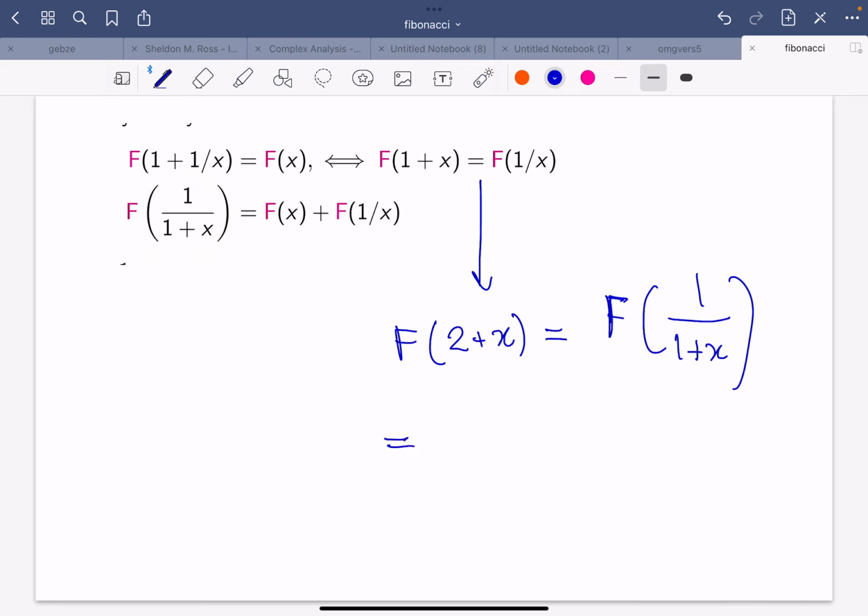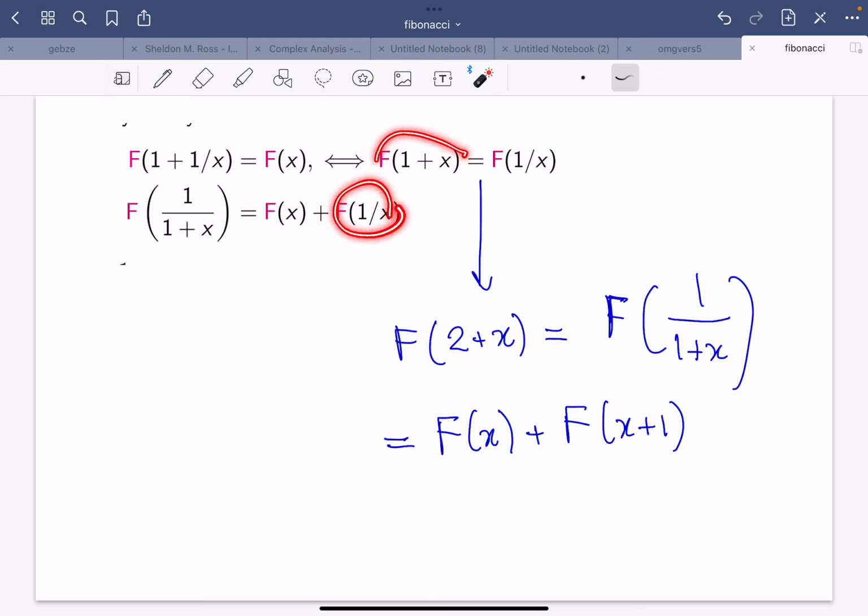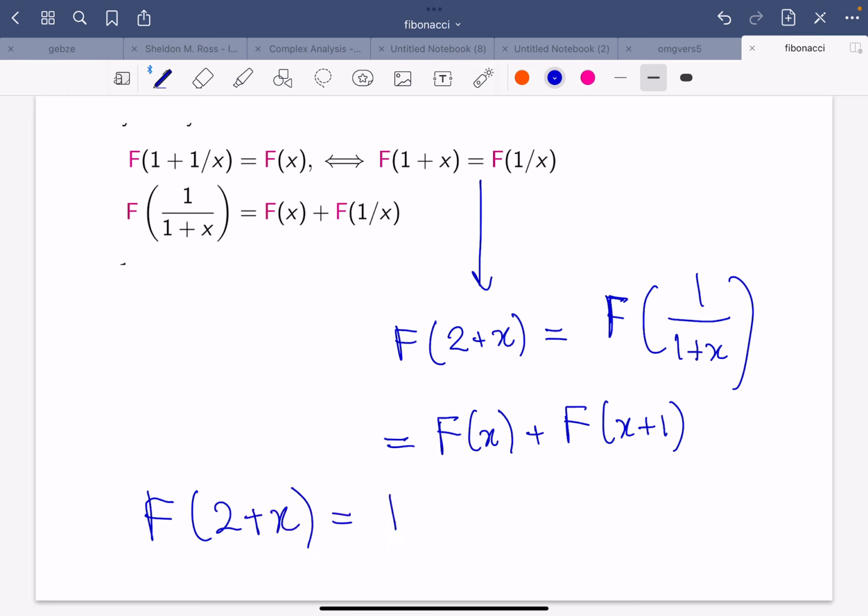And so this equals f of x plus f of x plus 1. Why? Because f of 1 over x equals f of 1 plus x. So this gives the equation f of 2 plus x equals f of x plus f of x plus 1